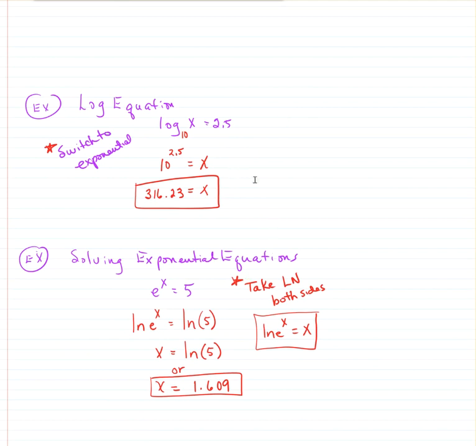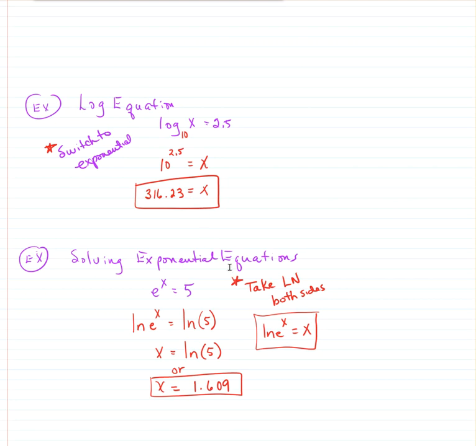Okay, so if we had any log equations, we want to remember to switch to exponential. So it might just say log x equals 2.5. Well, there's an understood 10. So you put your 10 here, and remember to switch. You go 10 to this power equals the argument. So 10 to the 2.5 equals x. You can do that on your calculator, and you get